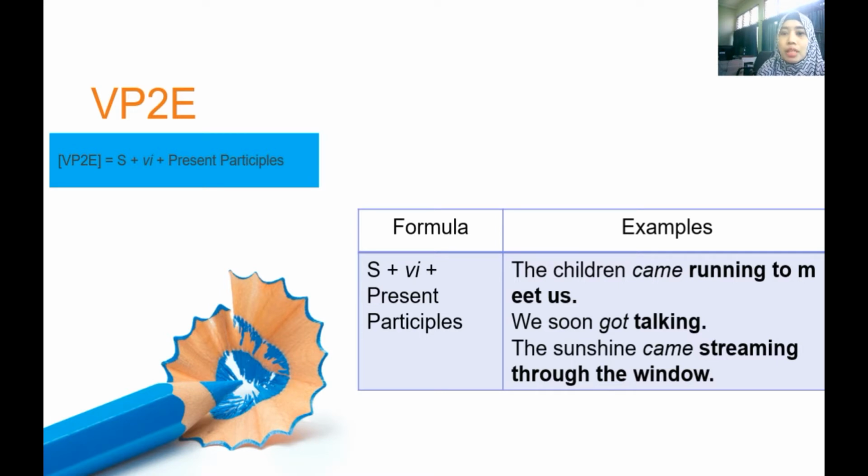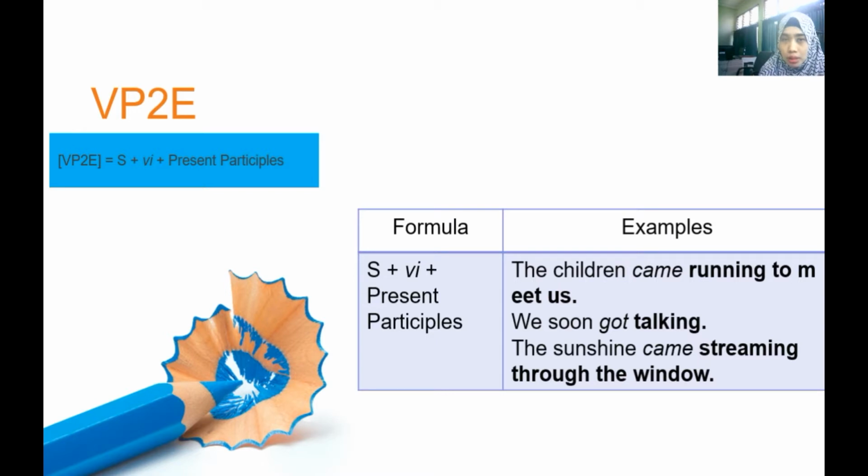For example, the children came running to meet us. So the subject is the children, and then came is the verb intransitive, and then running to meet us is the present participle. And then, we soon got talking. Here, we is the subject, and then soon is the adverbial adjunct, and then got is the verb intransitive, and then talking here is